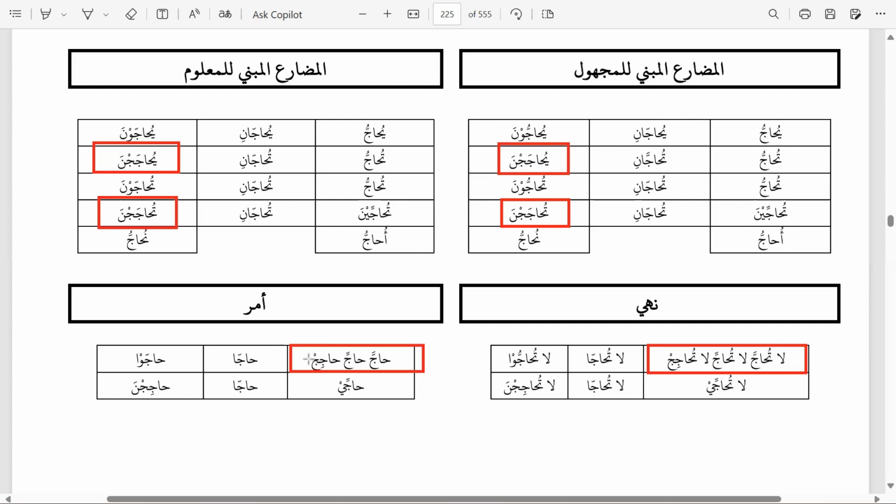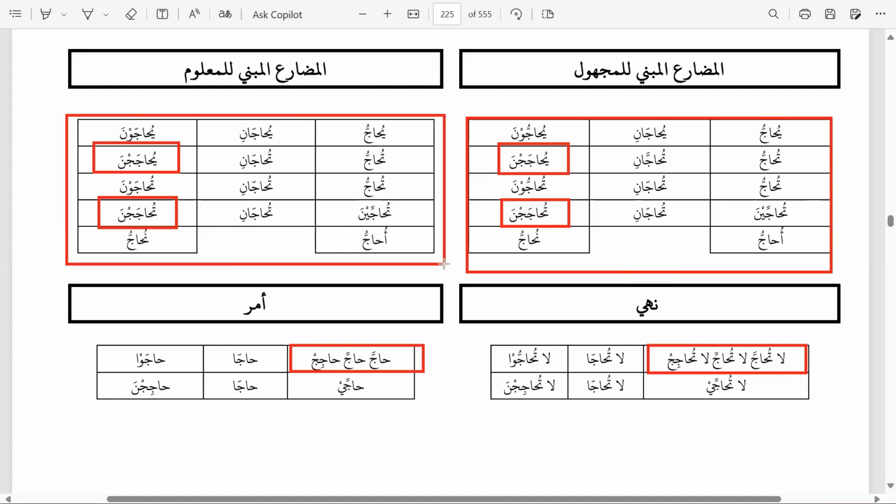So one step is pointing to the important things, where the rules are being applied. The second step you are going to do is say the whole Sarf Saghir of all these examples that are in the book, at least 2 times. Say the whole Sarf Saghir on your own. Take your time, set aside 20, 25, 30 minutes. Say every chart 2 times. So this is the second step.